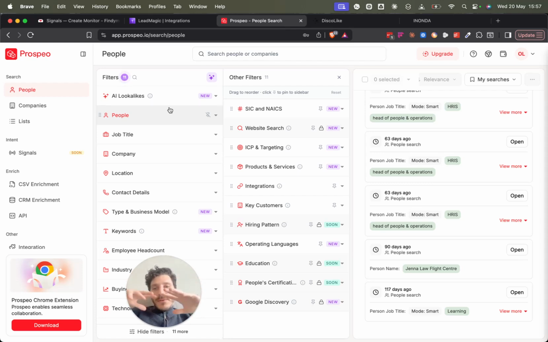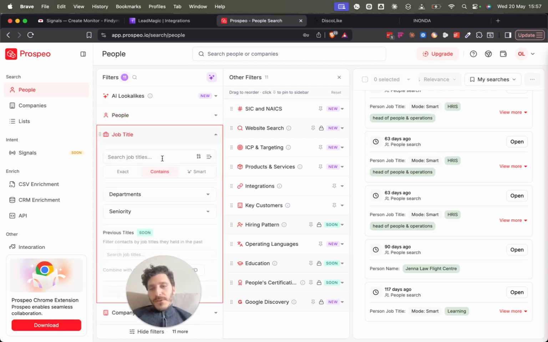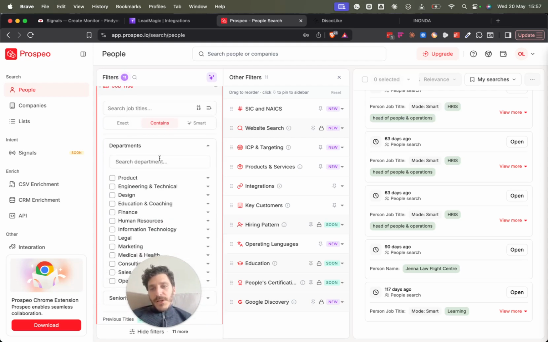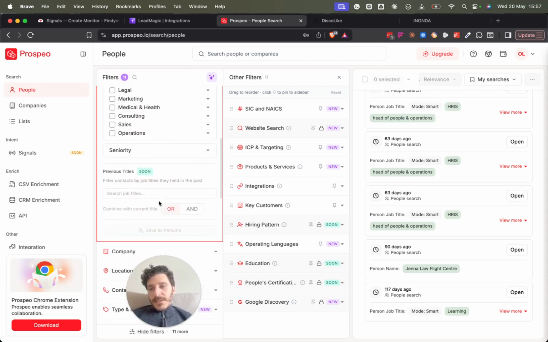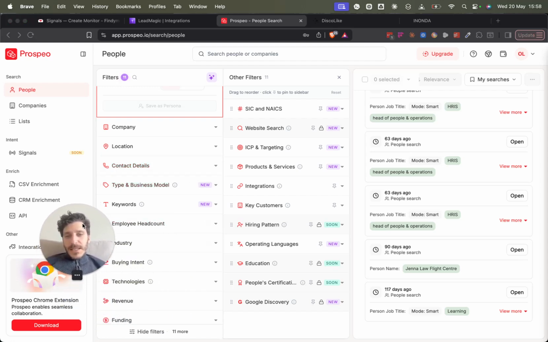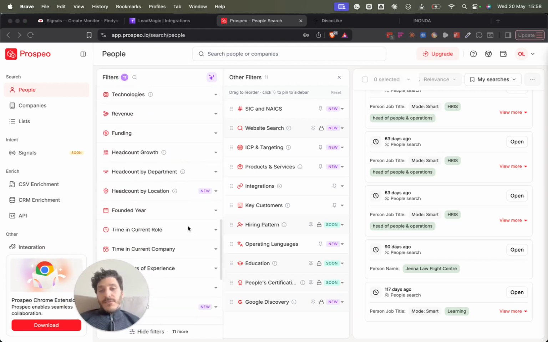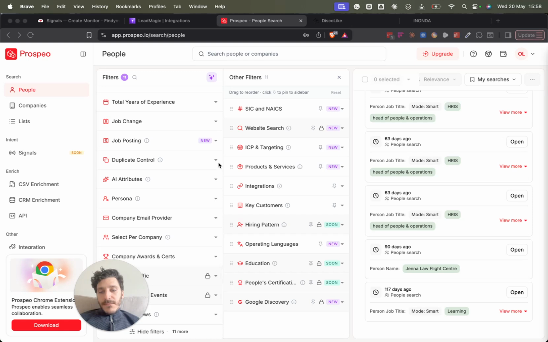So the last two don't really have this UI where you can search the database and you can look for people, you can look for job titles and search by departments and all of this great stuff. So if you are just looking to pull a data list or a list of prospects, then I think Prospeo is a solid bet. What they've released recently that I find really interesting that we'll be testing more, because I think this has just been released in the last 2 weeks or so,